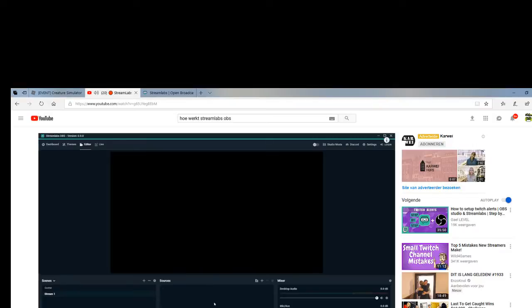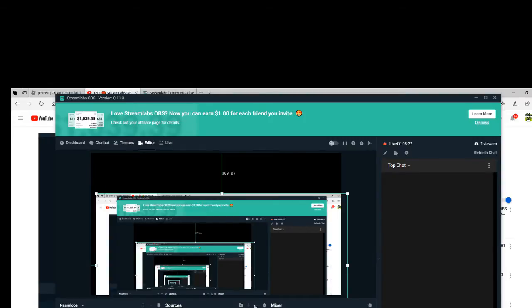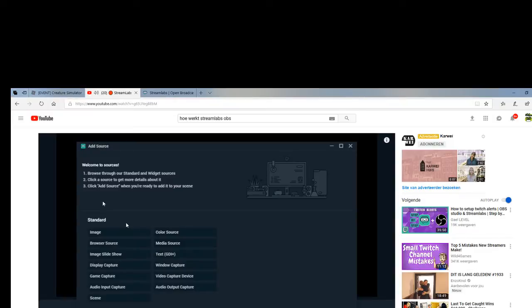So under the sources panel, same way as if you're adding a scene, click the addition symbol here under sources, and you're going to see a few different things. All of these are fairly self-explanatory: image, browser source, image slideshow, all of this good stuff. We're going to add a display capture, which you guys pretty well know what a display capture is. We're going to go ahead and